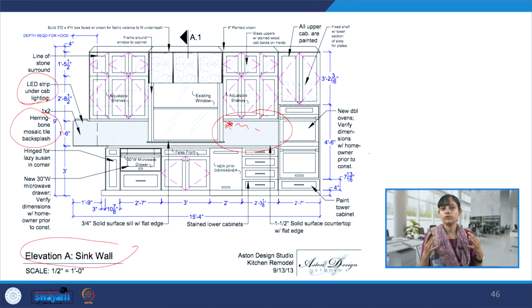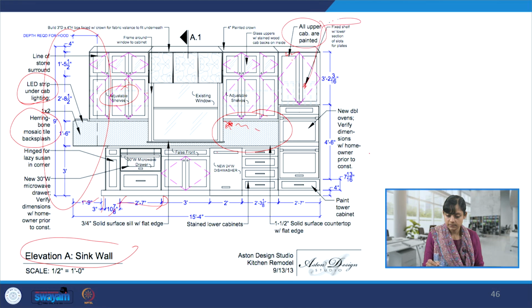If there is any kind of a make, whether it's a particular make or a proprietary item or whatever specification it is, that can even be put over here. For example, for a tile, whether it's Kajaria or another brand or whatever, even that set of information could be put if the discussion and approval is done by all the stakeholders. Then over here, adjustable shelves. And then, of course, we have the dimensioning, which is highlighted in another color over here. And then we have upper cabinets painted.